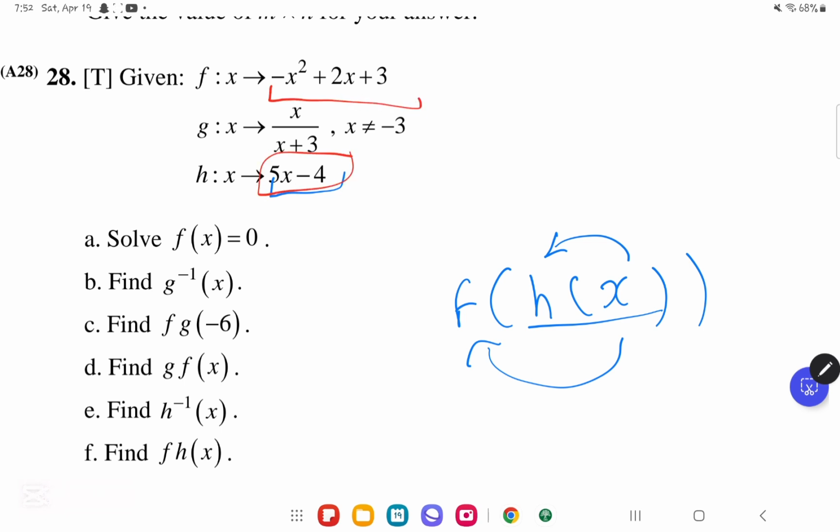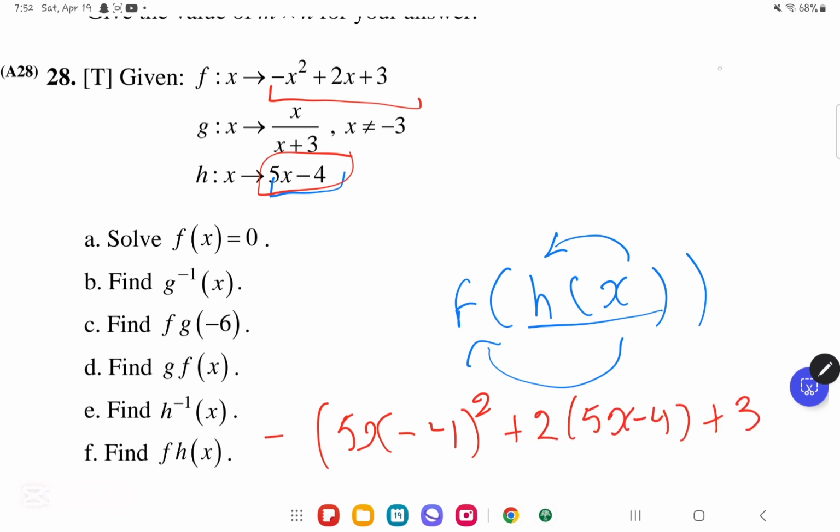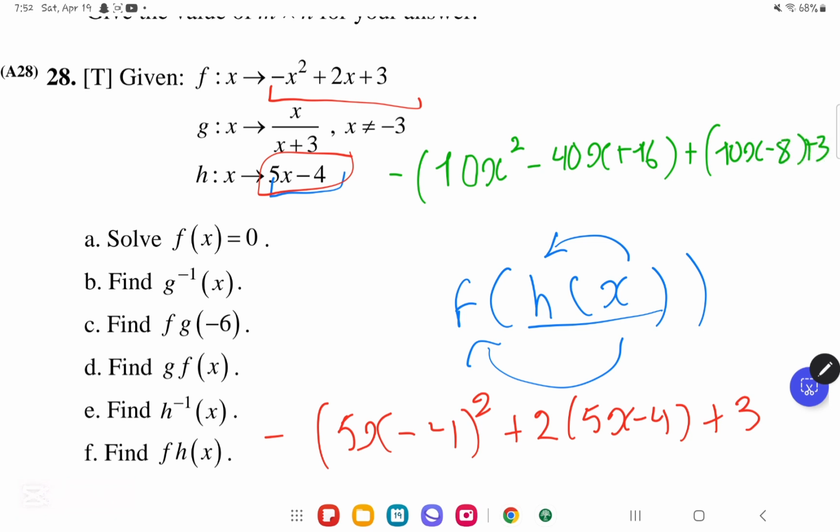You're going to substitute the value of every x with 5x minus 4. So, minus (5x minus 4) squared, plus 2 times (5x minus 4), plus 3. After solving it, you're going to get minus 10x squared minus 40x plus 16, plus 10x minus 8 plus 3. Okay, after expanding, it becomes minus 10x squared plus 40x minus 16 plus 10x minus 8 plus 3. Okay? Then, after solving it,